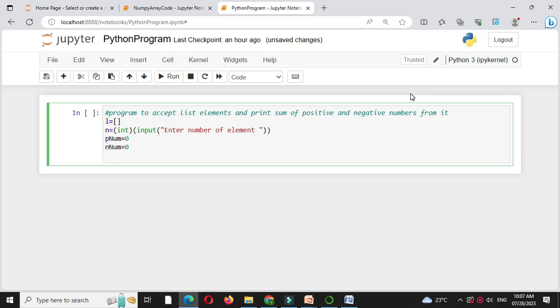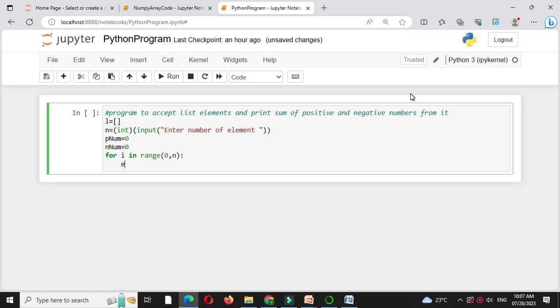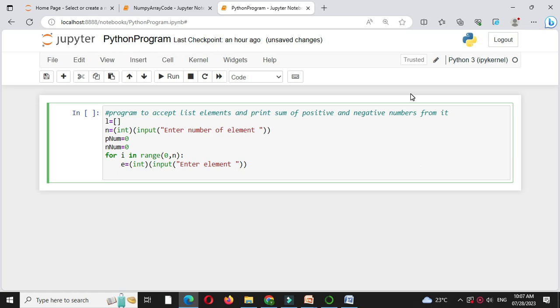Then we will use for loop to accept the element. So for I in range 0 to n, we will accept the element. So e equal to int input, enter element. Then we will append this element to the list. So L dot append